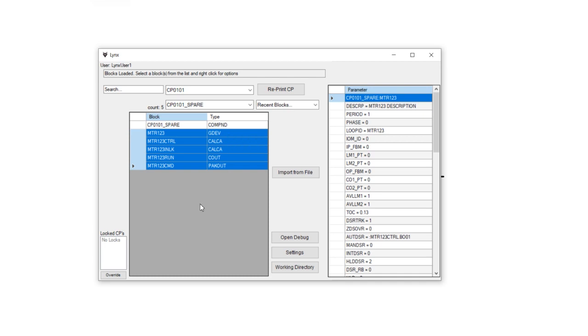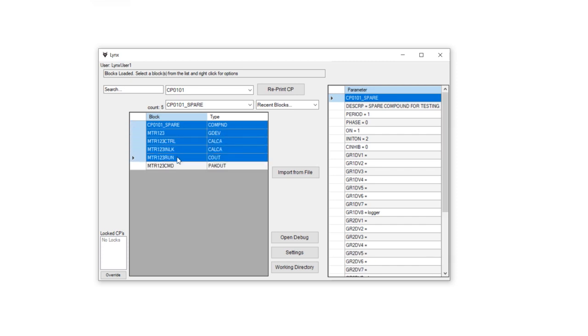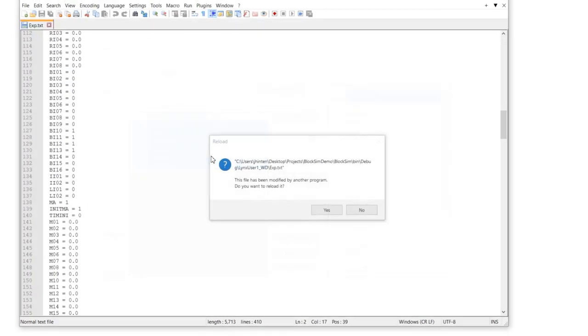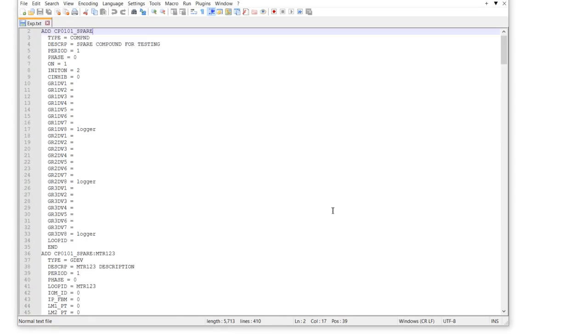and then the blocks all connecting to each other to make the GDEV work and run how we would like. So we're going to copy the whole motor setup here with the compound. So we'll go ahead and select all the blocks and make a template. This will make a copy. That'll set up our driver text here so we can go ahead and edit. So we're going to call this